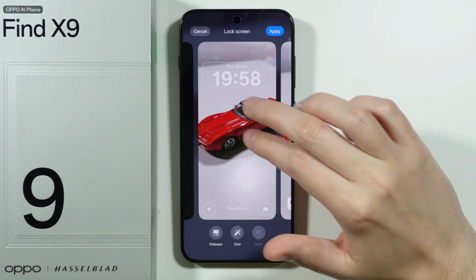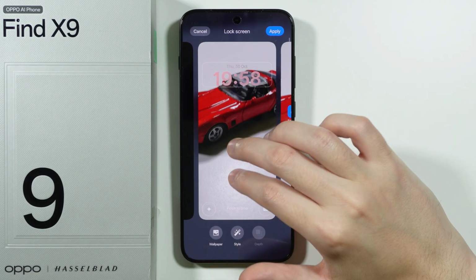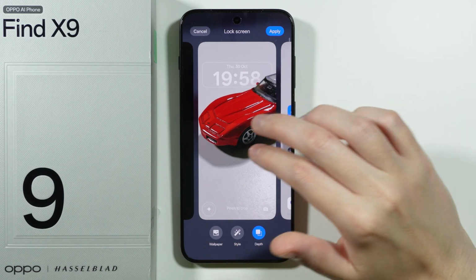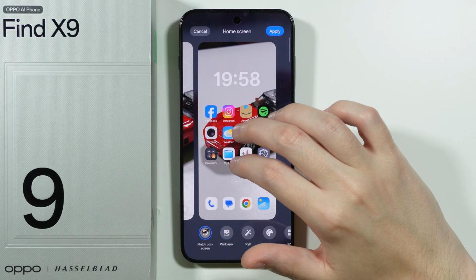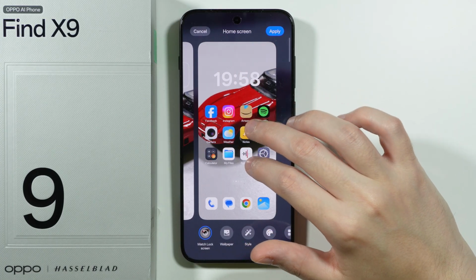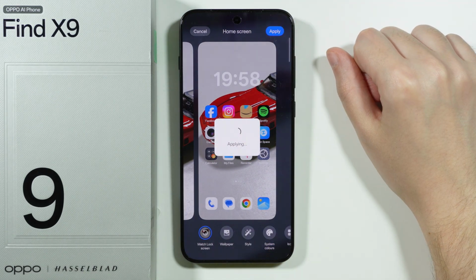Oh, actually we can move 2 fingers and zoom in and zoom out. So with 2 fingers we can adjust the position of the wallpaper. There we go, this is how it looks like. And we should also be able to do this for the home screen. There we go. Alright, so once we are done we can tap on apply in the upper right corner,